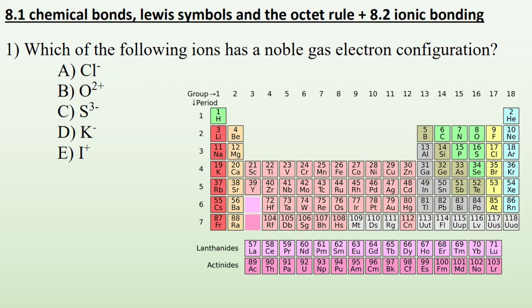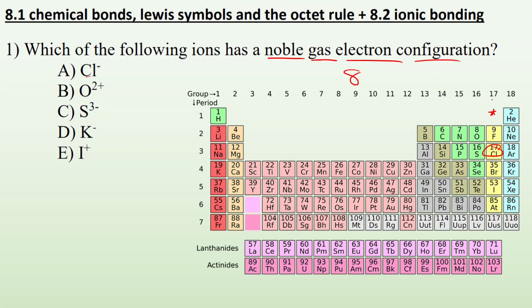This time we're going to take a look at some practice problems for chemical bonds and Lewis symbols. So, number one, which of the following ions has a noble gas electron configuration? The big thing about noble gas electron configurations is they tend to have 8 valence electrons, with the exception of helium. So if we take a look at chlorine, we can find chlorine on the periodic table right here,